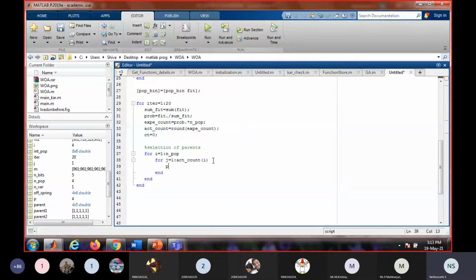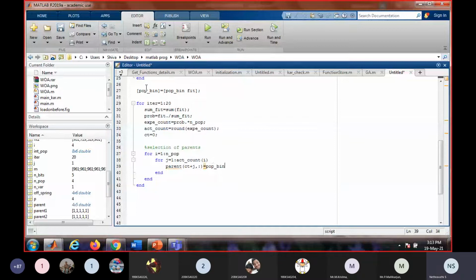Then what I am doing, I have to select the parent of the first parent. CT is 0, but J is 1. So CT plus J will give me 1, that means parent of 1, all columns. So the first parent, parent 1, is pop. What is there in pop bin?